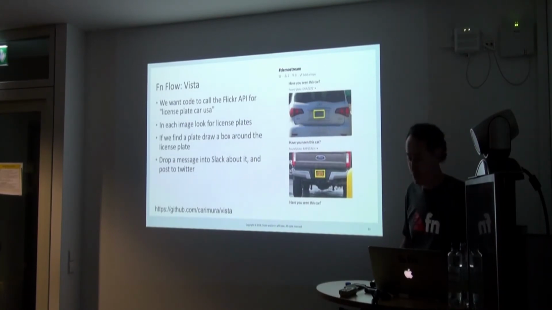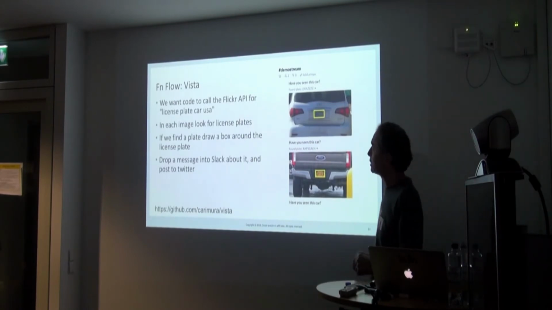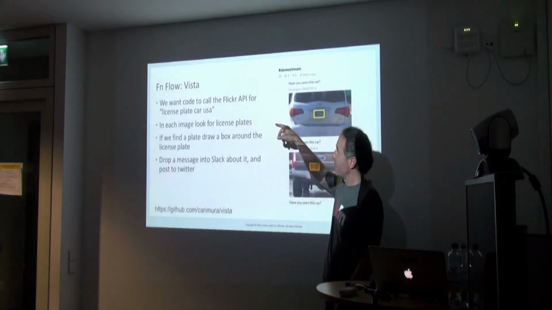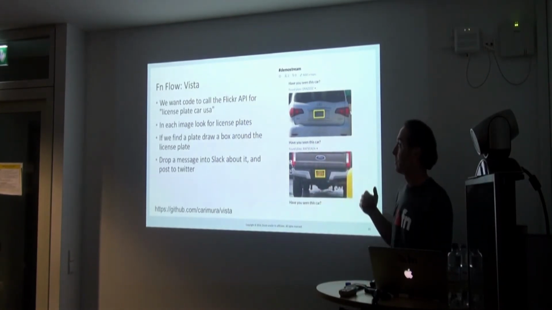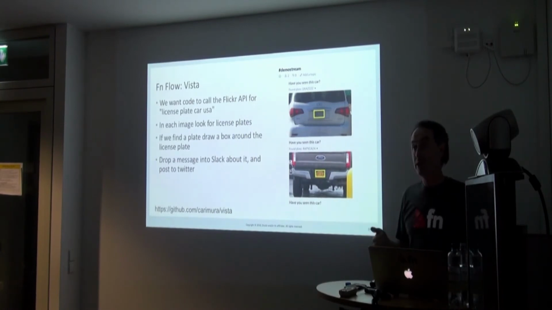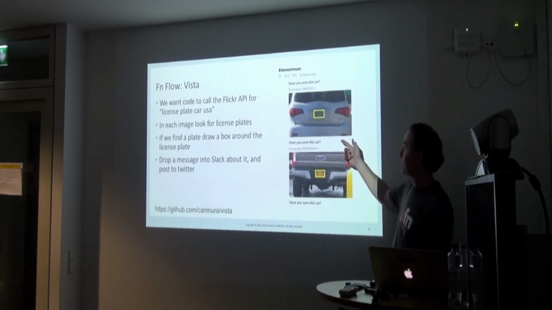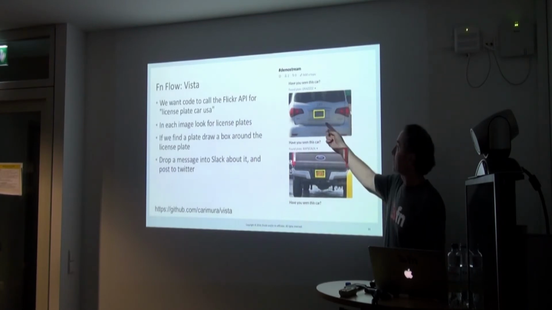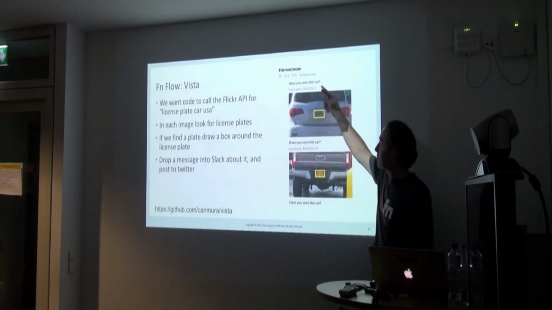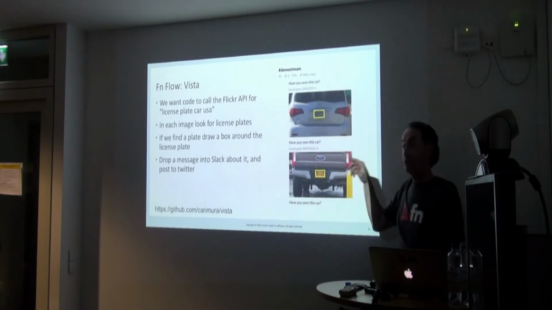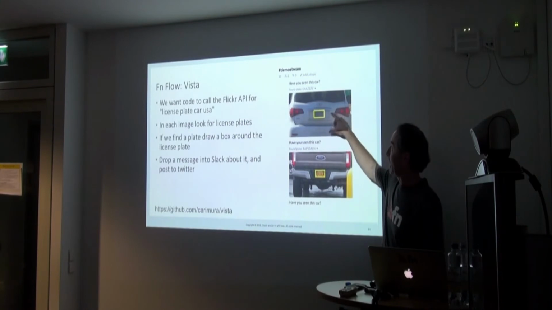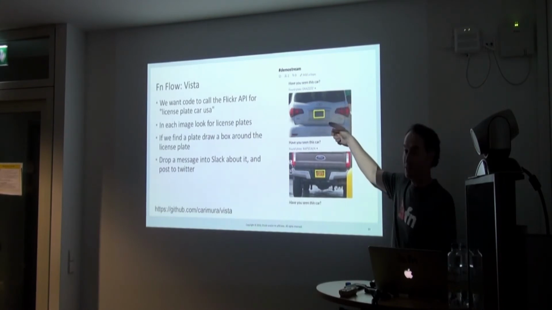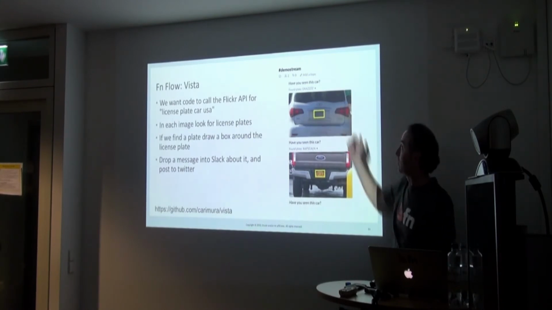So this is our Vista example, our demo we like to use. It goes off to Flickr and it pulls a bunch of license plates. So we just do a query on Flickr and get back plates with American cars. We have a function that does image recognition, goes through the image and looks for the license plate in the image. If it's there, it extracts it out and returns us the license plate number and the coordinates in the image where the plate is. We've got a second function which draws a box and highlights in the input image where that plate is. So I get this nice result out.